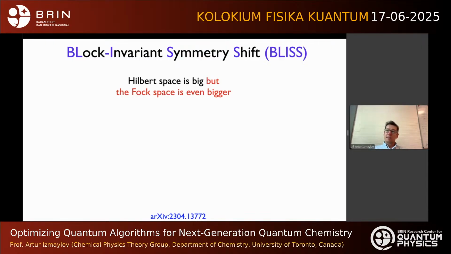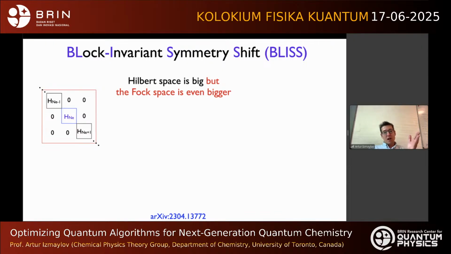There is a saying that the Hilbert space is big, super big, but the Fock space is even bigger because it's a direct sum of Hilbert spaces. And here we develop the so-called BLISS technique, block invariant symmetry shift, that takes advantage of the fact that our Hamiltonian comes from Fock space,